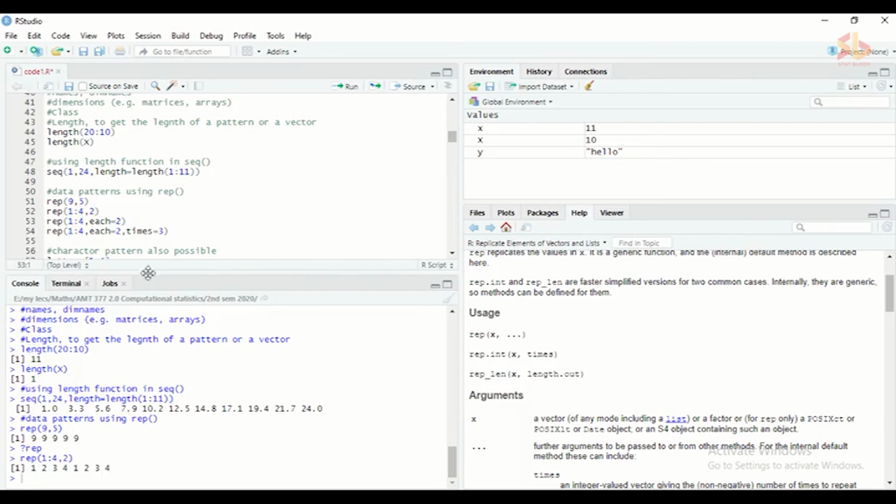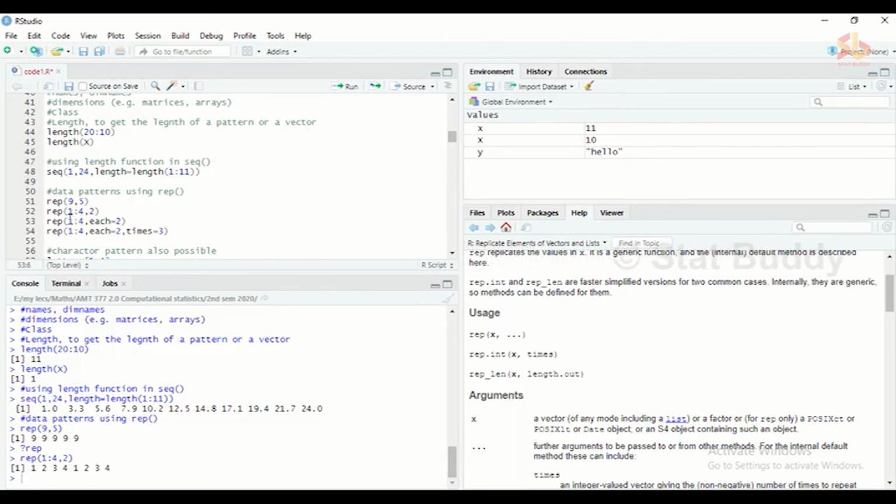In the next line, I have used one more argument that is available in the function. Repeat this sequence 1 to 4, and I need to repeat each value in this numerical object 2 times.